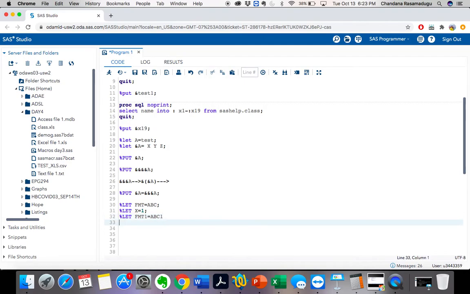Okay, and again I am creating another variable called %let abc1 equal to cba1. So now let's create all these macro variables.